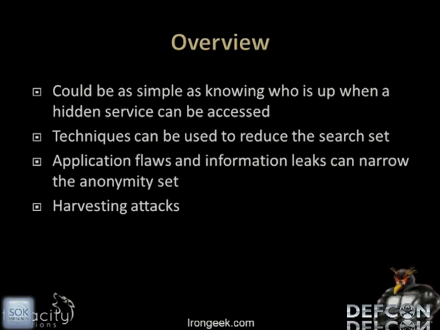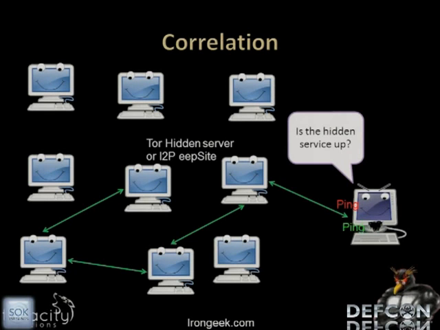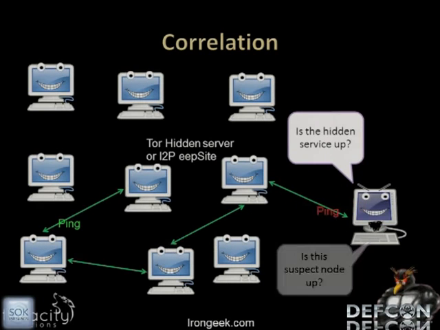You can use various harvesting attacks to find out who's inside of a darknet so that you can try to contact them outside the darknet and use information from that plus the existence inside the darknet to figure out who they are. To give you an example of that, I'm using ping, but a better example would be an HTTP request. You might make an HTTP request to a bunch of nodes you know are inside of the darknet. Well, first you check a bunch of hidden services to see whether or not they're up now. Then a bunch of suspect nodes on the public internet. You may send a request to each one of them and see if they're up at the same time.